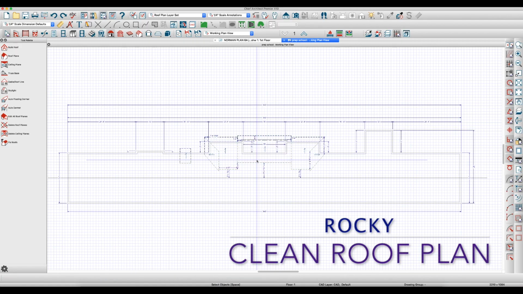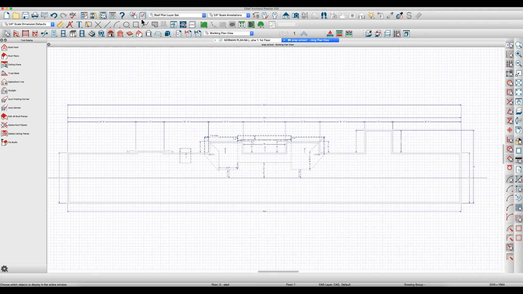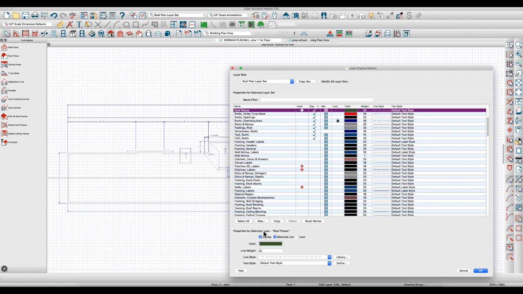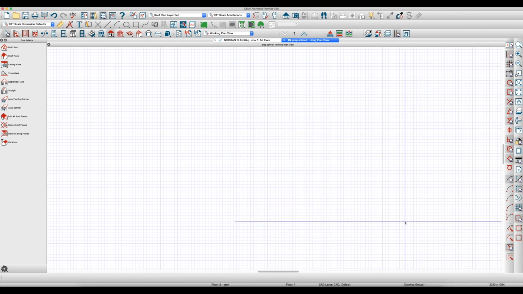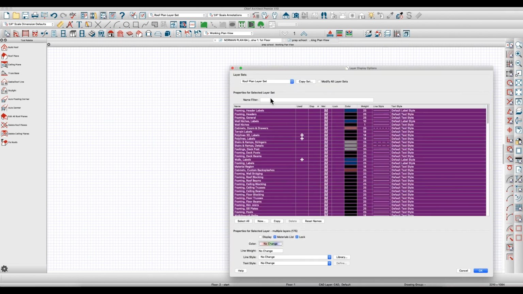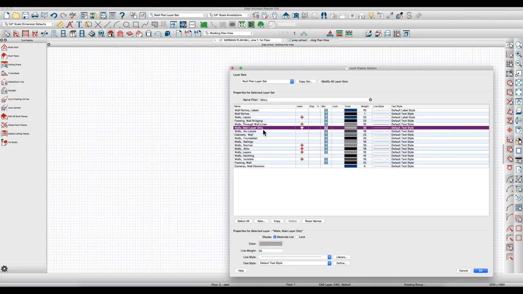Here's what I would do. You are using the roof plan layer set. Just click here and then hit select all. Click this twice and turn everything off. Then click it again. Find the wall layers and say main layer only and walls normal, wherever that is, right